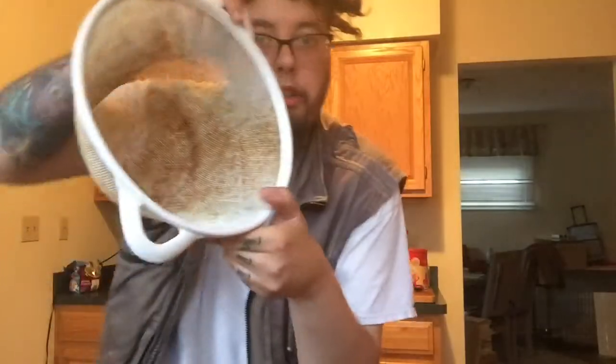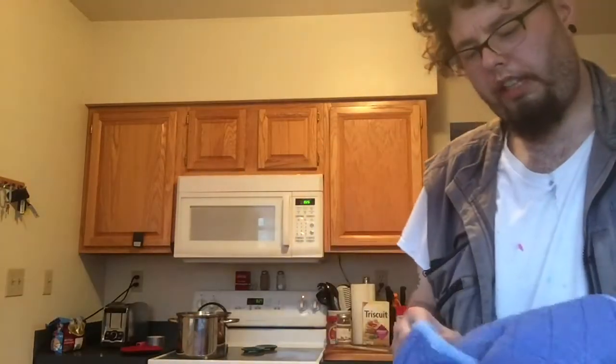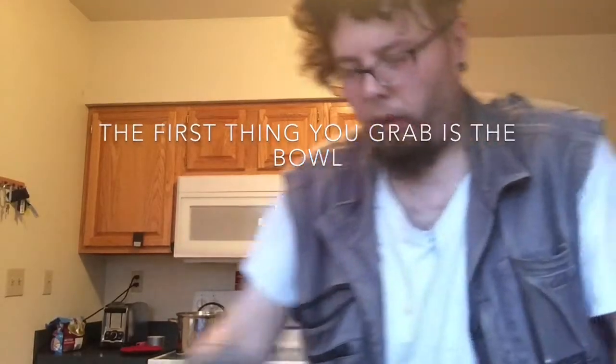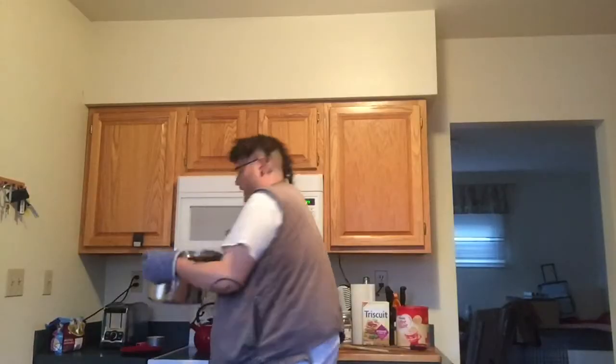Good. Now we want a strainer. I don't know where your mom keeps her strainer, but my mom keeps it down in there. Because you want to put this down in the sink like so. I used too big of a bowl. Now that's the first thing you want to correct. The first thing you grab is the bowl, or the pan, or whatever they're called. When you grab it, you want to grab the right size, because if you get the wrong size, it messes everything up, I guess. And it's heavy. So just take it and pour it